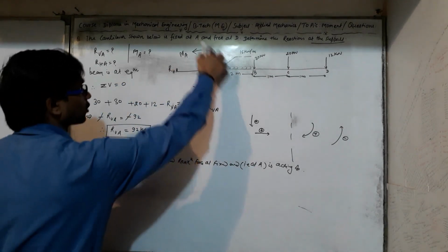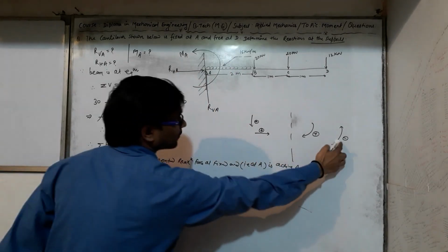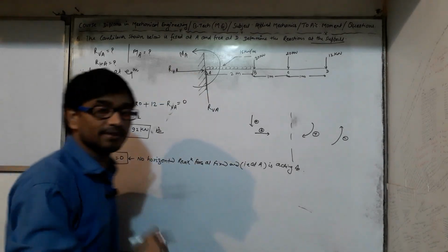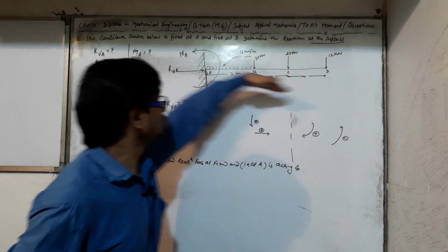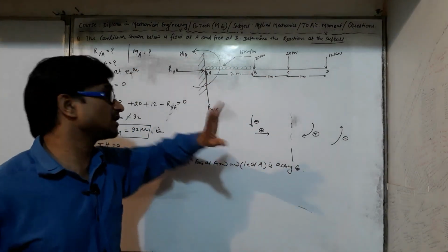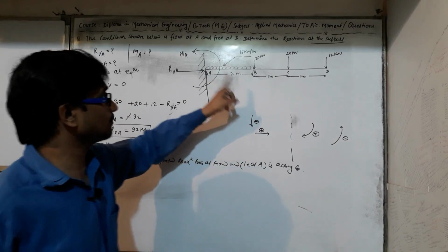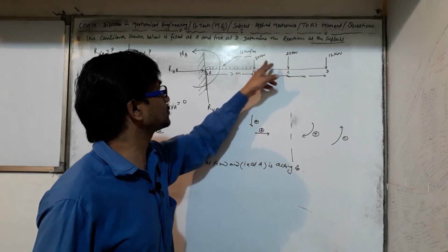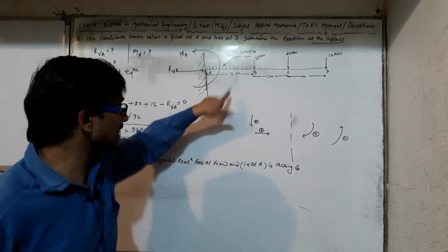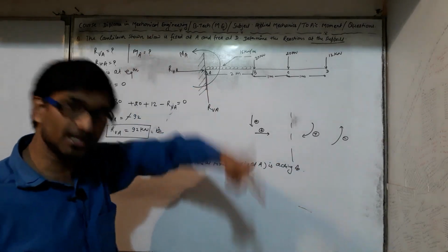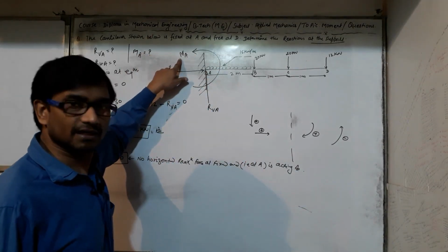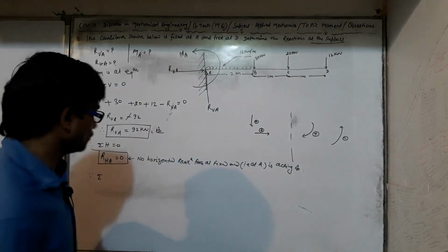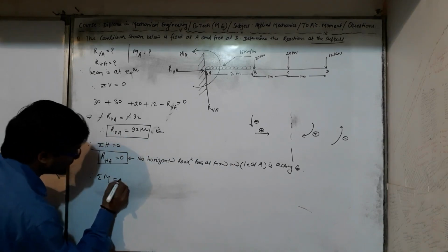This is in the anti-clockwise direction. So the anti-clockwise direction we have taken as negative. Since the body is not moving, the tendency of the beam is to move in the clockwise direction, but the body is not moving. It means the effect of these forces, while producing clockwise moment at point A, will be counteracted by this reaction moment at point A. Hence, the summation of all moments about point A must be equal to 0.